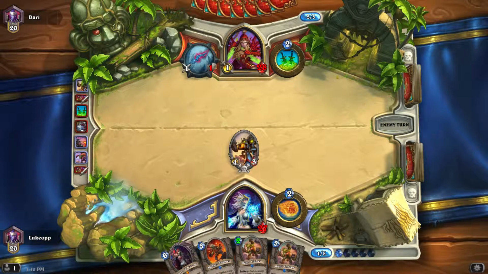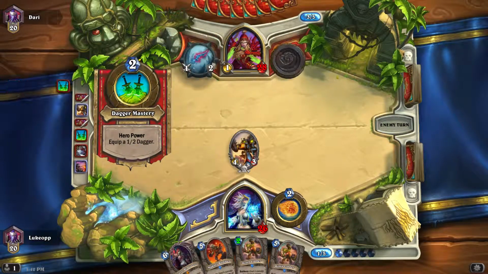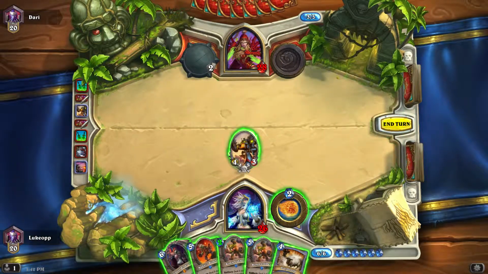What is he going to do? Go for face for 1. Replenish knives. I would. If he doesn't have anything good, yeah, he's done that. 3 left. What is he going to push? Nothing. This guy has nothing. Okay. We have Polymorph for when he puts something big down, which I'm sure he's waiting for. He might have an Azure Drake in his hand, with its increase in health per card in hand. I think I'll do...